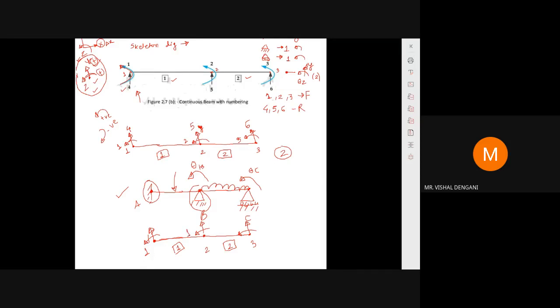Where will 2 come now? Where will 2 come? Theta C. Theta C means at node 3. In which direction? Z. So that is where 2 will come. So your 1 and 2 are the freedom codes, because the degree of freedom is 2 only. The rest we have to complete in the global coordinate system. We also have to give the restraint code, because that coding will use the values of support direction. So 1 2 are the freedom code as the degree of freedom is 2.